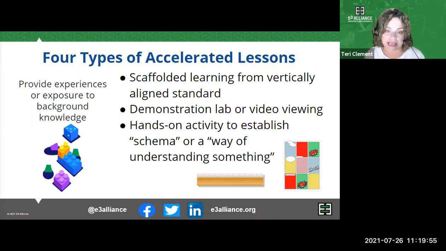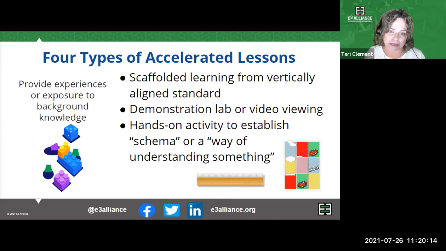Or perhaps even a hands-on lab. Like I mentioned before, if fifth grade students are getting ready to really engage in learning about volume, three-dimensional measurement, then having some sort of hands-on experience with perimeter and area ahead of that would be a great way to